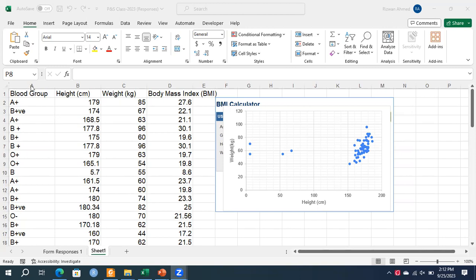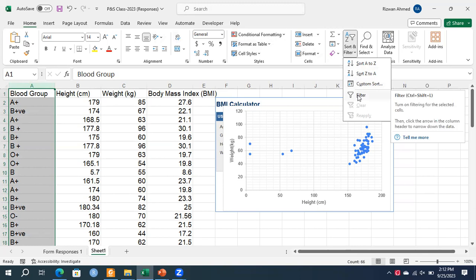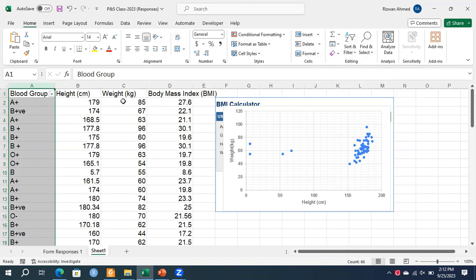So I have chosen A. From this column, I'm going to look for this editing options, sort and filter. So I do the filtering of the data, selection of the data. I'm going to make 4 broad categories: A, B, AB, and O, right? So first,